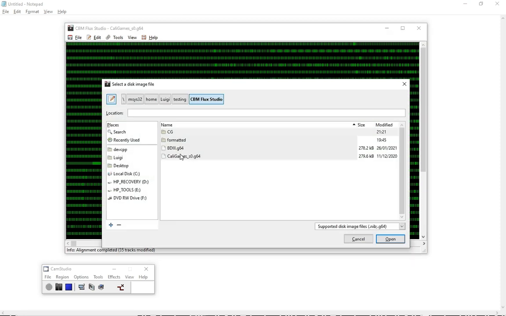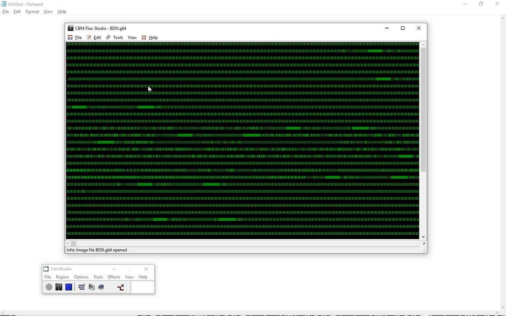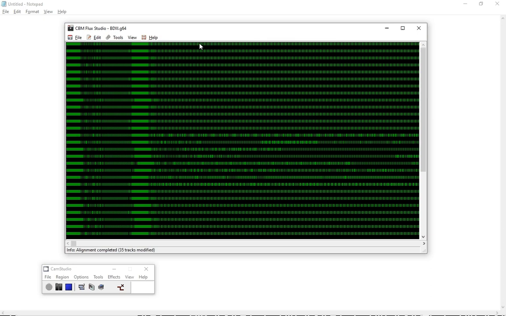Let's have a look at a standard DOS disk, and for this one I reintroduced the option to align tracks to block 0, to the block 0 block sync. As you can see, if I go on the block sync for each track, it's always sector 0 of the given track I'm on, and this is all nice and cute, but